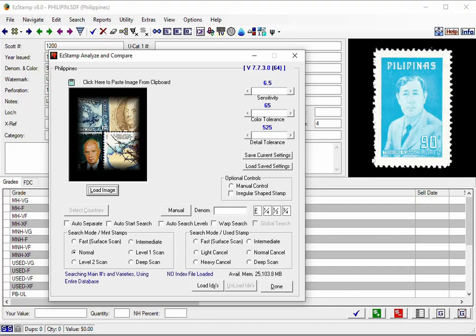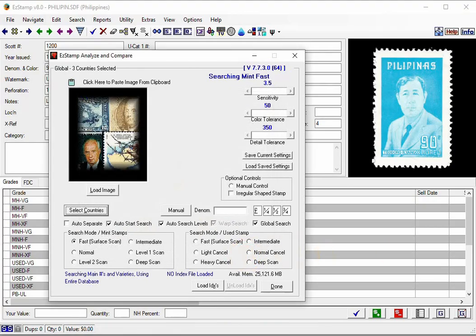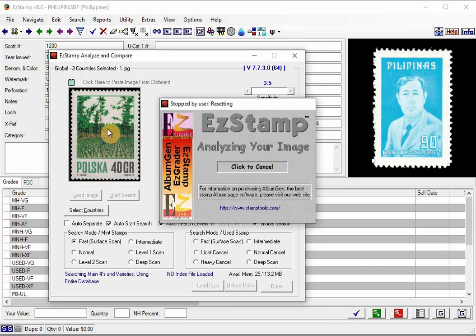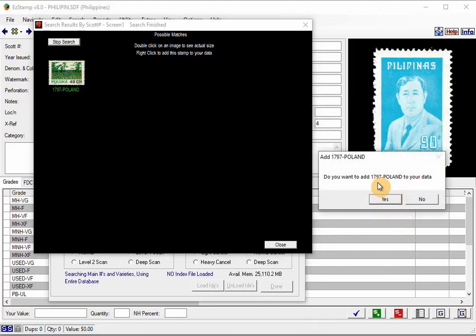I will demonstrate this by first starting off, and then I'm going to select the countries that I want to search in, and now I'll drag that first stamp in there, which had a denomination of 40. And even though we're in the Philippines database right now, it will find the stamp for us. And there it is. And to add it to our inventory, you just right click here, click on add, and